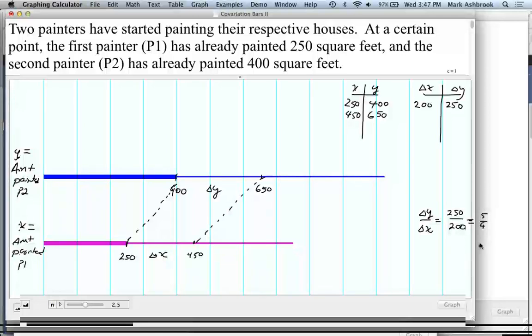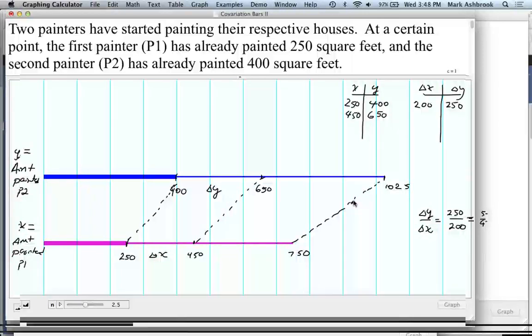Kyle, what did you guys talk about at your table? We were taking the changes of both 400 and 650 and seeing how much of the change that was compared to going from 650 to 1025. Okay, so you found that now the total amount by painter 2 you said was what? Was 1025. 1025, okay, and then that one's 750. This one's 750, okay. And those are corresponding values?